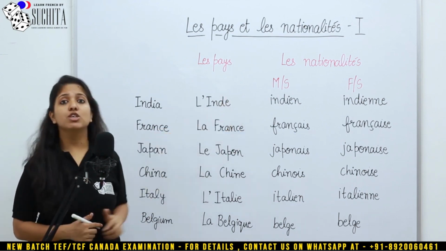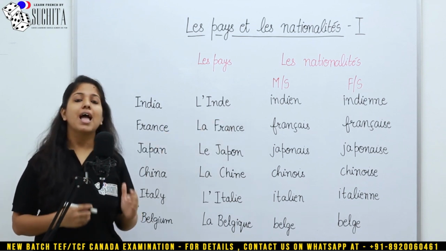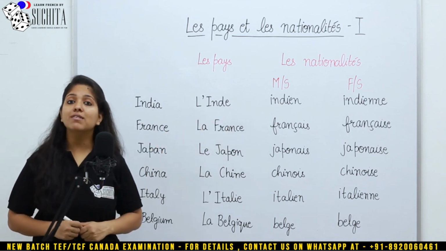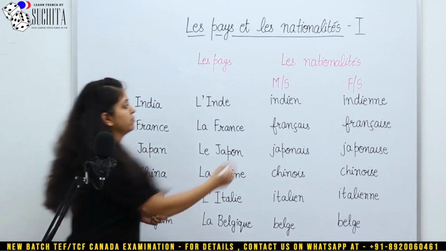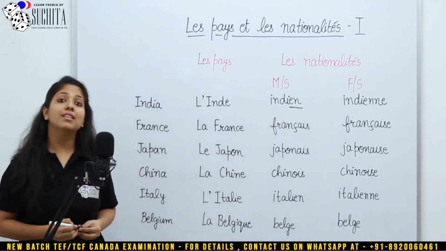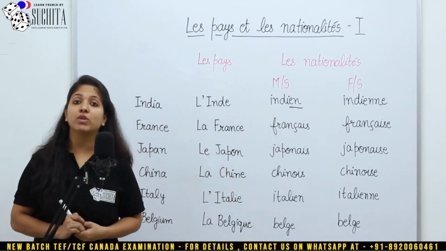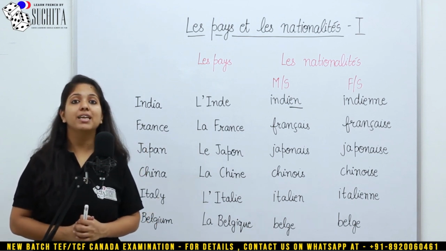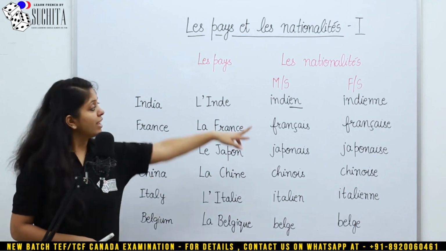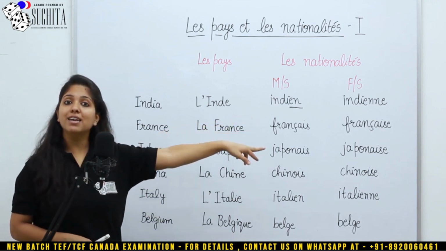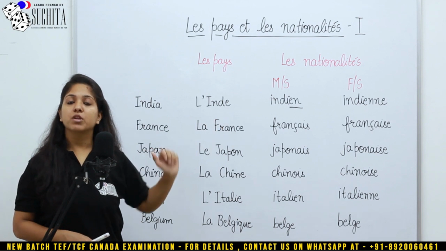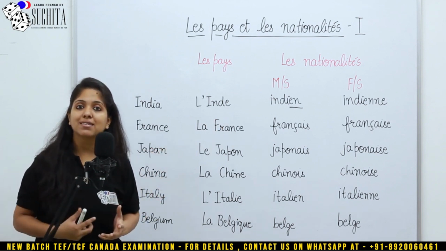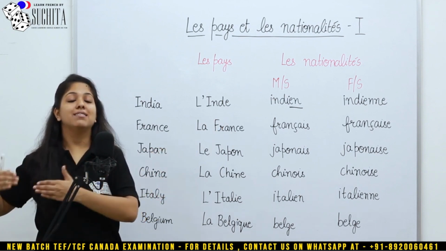Now the first one, which is indien. The adjectives which end with en, in order to make their feminine, you always put E-double-N-E. That is why in indien, I have applied E-double-N-E. So India, l'Inde. Indien,